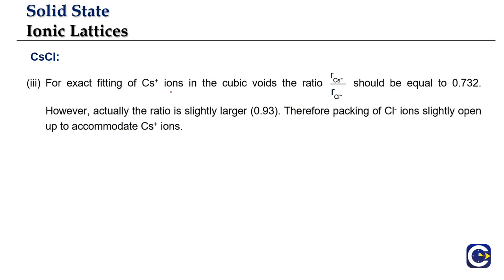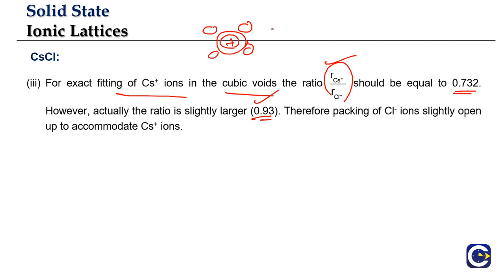And this is what I was discussing. If we look at the exact ratio of the radius of the cation to the radius of the anion, if it is 0.732 we would have a proper packing of atoms, but this is slightly higher. As a result, the cubical arrangement will slightly open up. If it is proper packing, the cation will be able to sit properly at the body center, but since this is relatively higher in size, the cubical arrangement will be opening up a little bit. So the anions will be relatively opening up to accommodate the larger cation. That is the outcome.